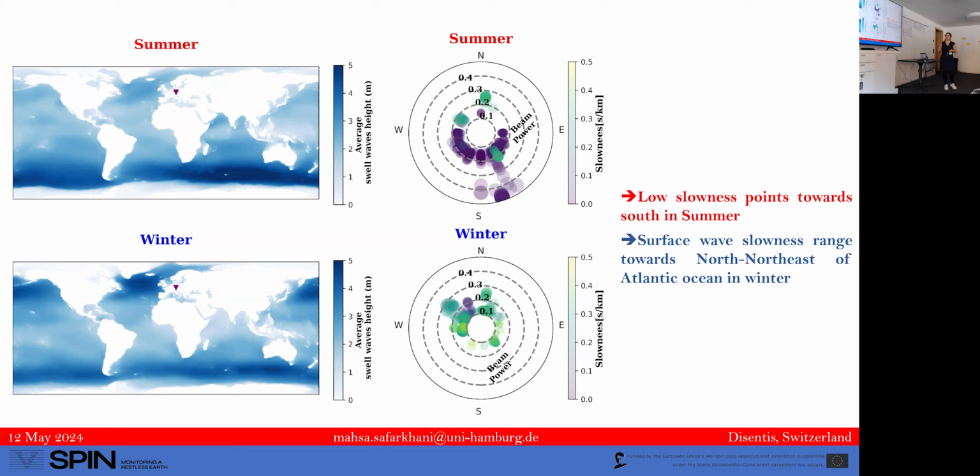We know that high oceanic waves are related to oceanic activity. For example, the average height of oceanic waves is at a maximum in the southern hemisphere during the summer. And we see in this polar plot the maximum wind power is distributed in the direction of the south, with a slowness range of body waves. Regarding the winter, the high oceanic waves are related to the North Atlantic Ocean, and the distribution of the maximum wind power is related to this slowness range and the same directions. This shows you the directions the waves are coming from.